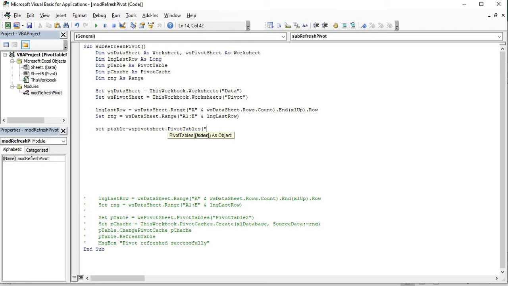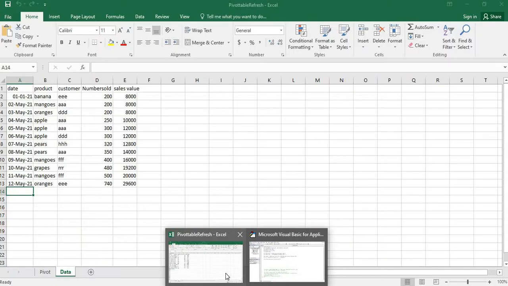Your sheet may contain any number of pivot tables also. So by using the index, we can identify the one we want. Now I just leave the index blank. We'll see how to find the index name for this particular pivot table. For the index name, we have to give the name of the pivot table.